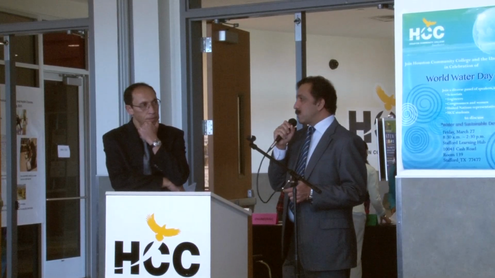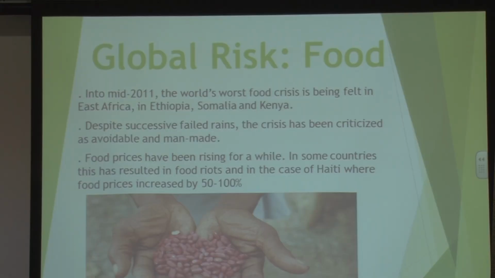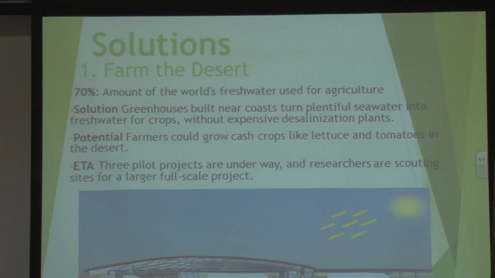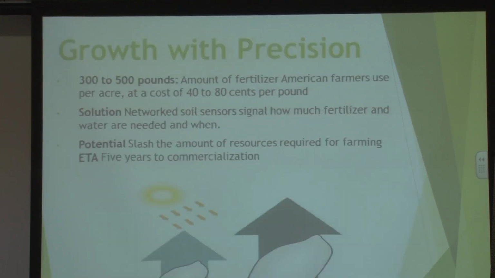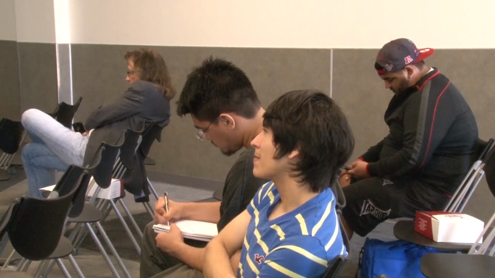So what are some of the issues for developed countries and underdeveloped countries with all these global risks from the report? And what are some of the solutions to each of them? This project caused us to explore the challenges that different nations face today and how we can address those. The topic that was mine was population. I talked about the population density in different countries and, from the risk report, the risks associated with population growth. There were unemployment and an increasingly aging population in many countries around the world.